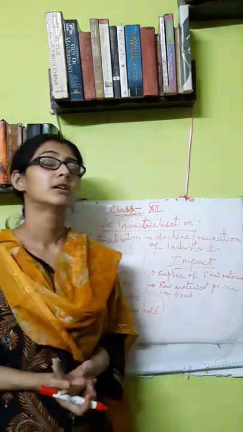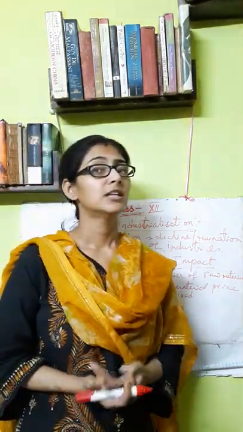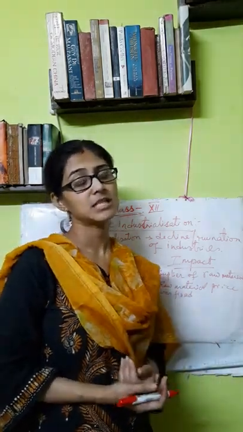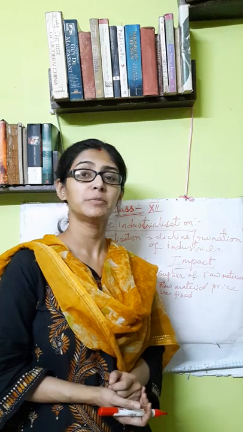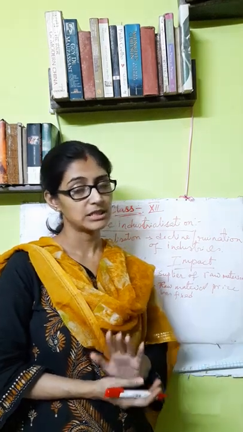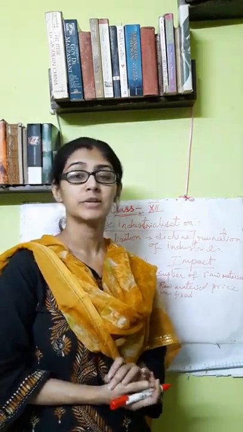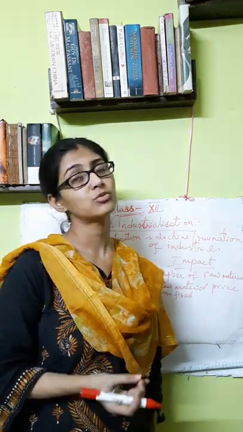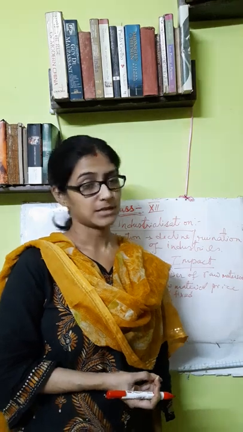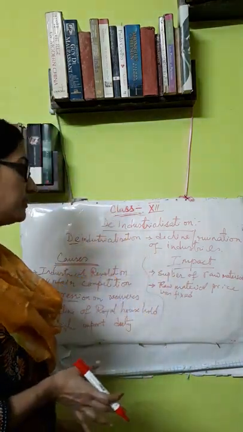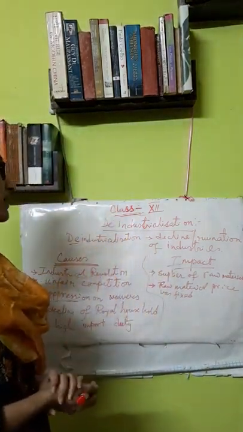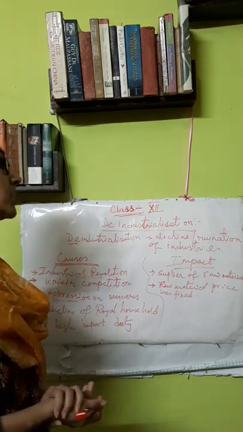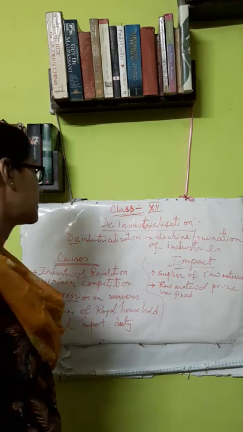Say when they were producing a cloth, a dress, the cotton with which the dress is made, the East India Company was buying at a very cheap rate. So there also India was suffering. They had to sell the raw material at a low price. Then when they sold the finished goods, those were also sold at a very cheap price. So both ways India was suffering a decline, and due to deindustrialization, India was transformed into a supplier of raw material.